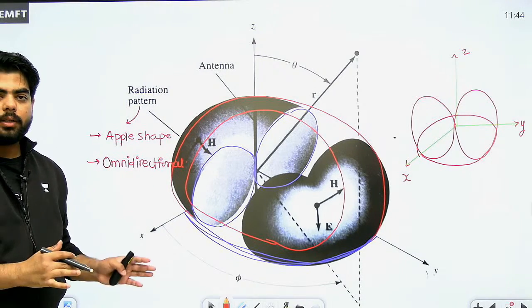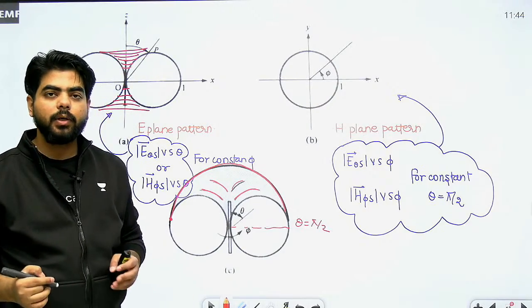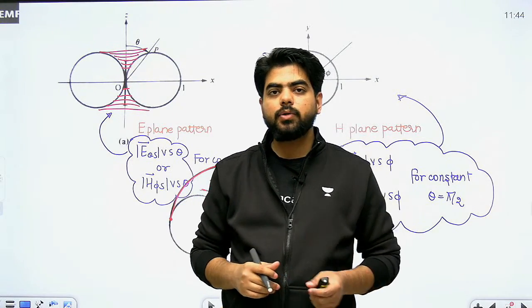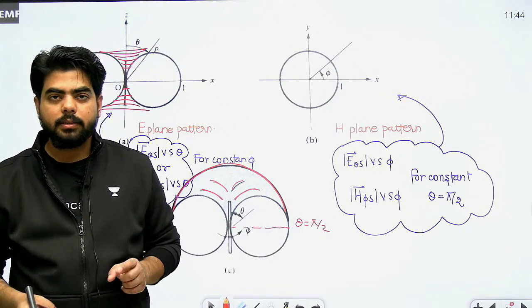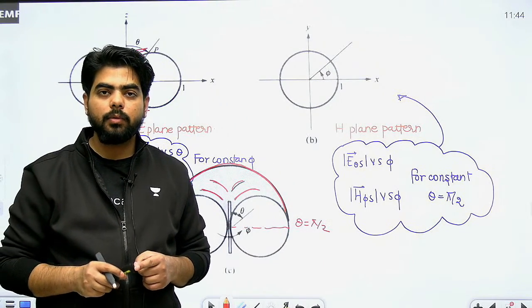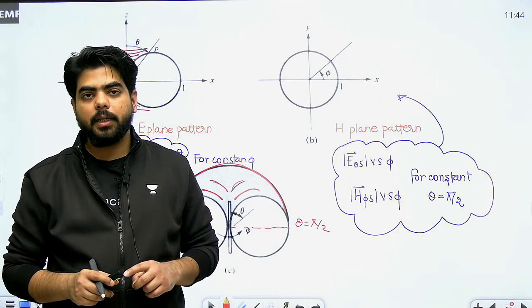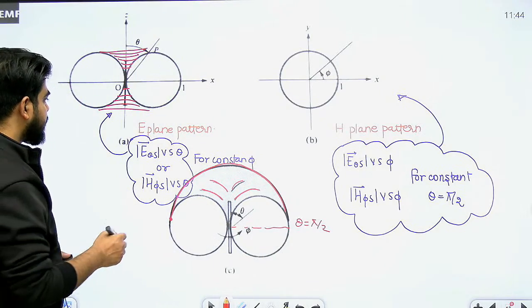जब ये पूरा का पूरा आप प्लॉट करोगे तो द शेप दैट यू आर गोइंग टू गेट इज अल्टीमेटली एप्पल शेप। सो अल्टीमेटली व्हाट यू हैव टू रिमेंबर इन केस ऑफ हर्ट्जियन डायपोल रेडिएशन पैटर्न, the first thing you should remember that the radiation pattern of Hertzian dipole is omnidirectional in nature. Secondly, you should be able to plot this diagram in 2 dimension for E plane pattern and for H plane pattern, and you should remember the shape of the 3-dimensional pattern which is your apple shape, ठीक है।